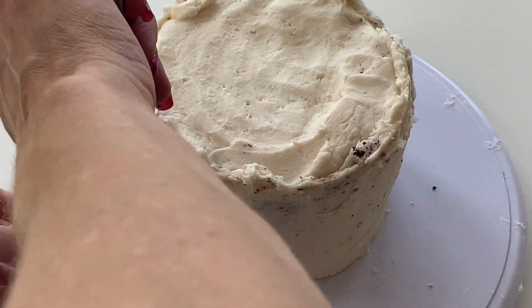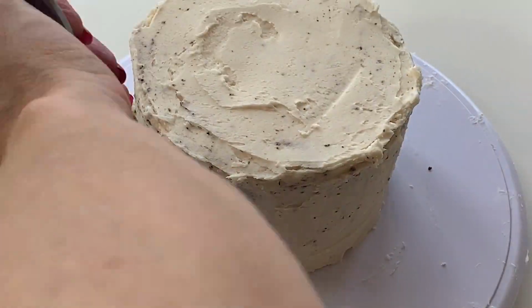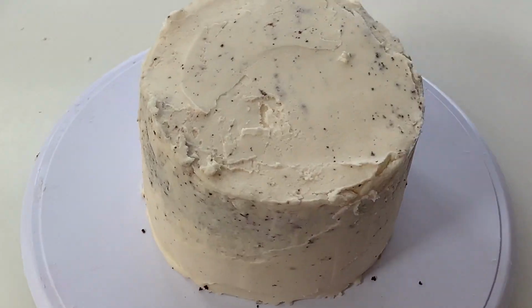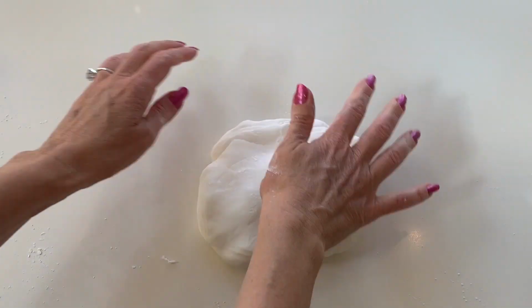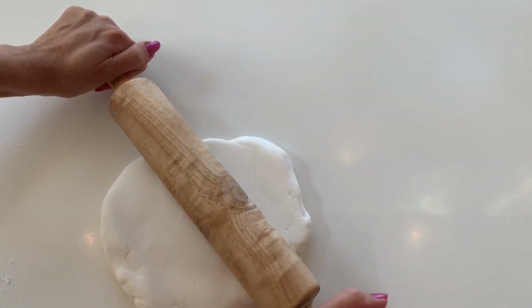I added frosting and then I really smoothed that out. Use some wax paper to really even everything out. And again, just a simple tip, you can put in the fridge or the freezer to let it set up so it's easy to put your fondant on top. Now I took some white fondant, rolled it out,